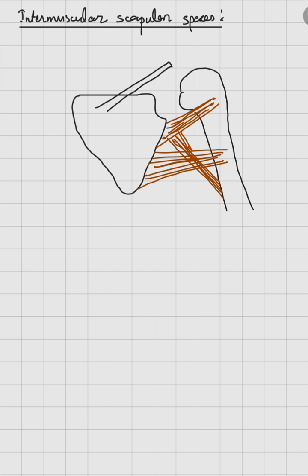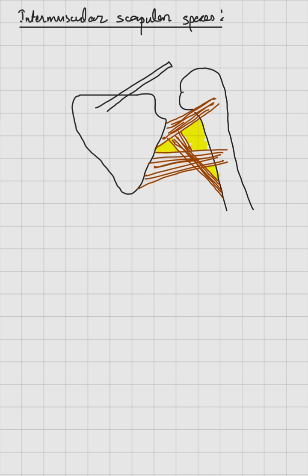So as we can see, there are spaces like this one here: a quadrangular space and two triangular spaces. One quadrangular space, an upper triangular space, and a lower triangular space. Now there will be a few structures passing through these spaces. Of course, in the quadrangular space,